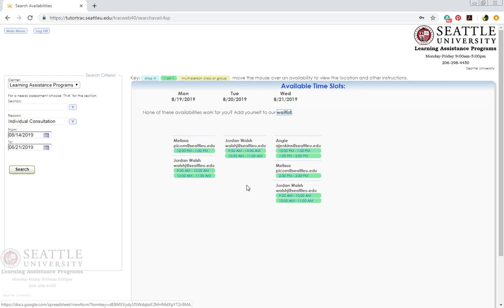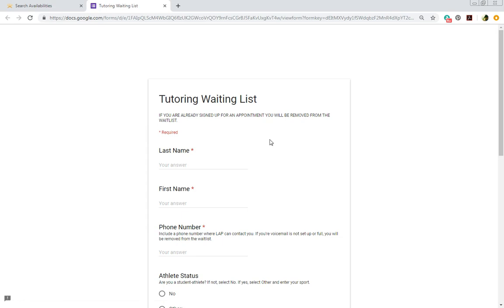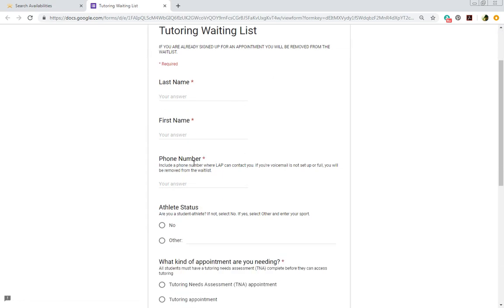The other thing I want to talk about is if none of these appointment times work for you, or if you search and it says no availabilities can be found, don't fear. We still have time to meet with you, no problem. The feature that we have on this screen is called the wait list, and that's if none of these times work for you or if none show up, you head over to the wait list. And this is a whole new tab that pops up, so you want to indicate your name on here,